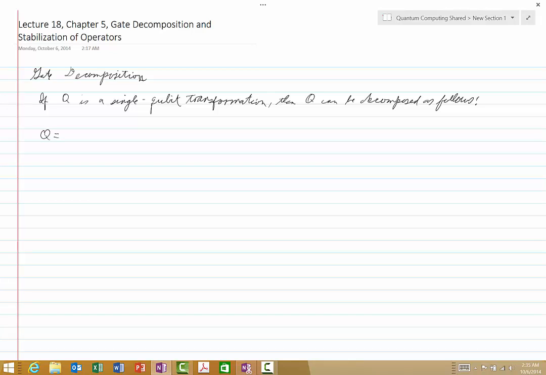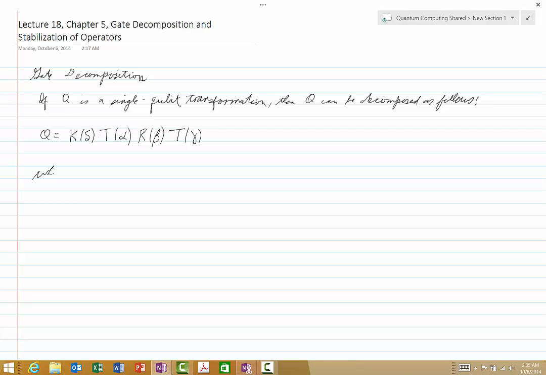It can be written as Q equals K of delta times T of alpha times R of beta times T of gamma,